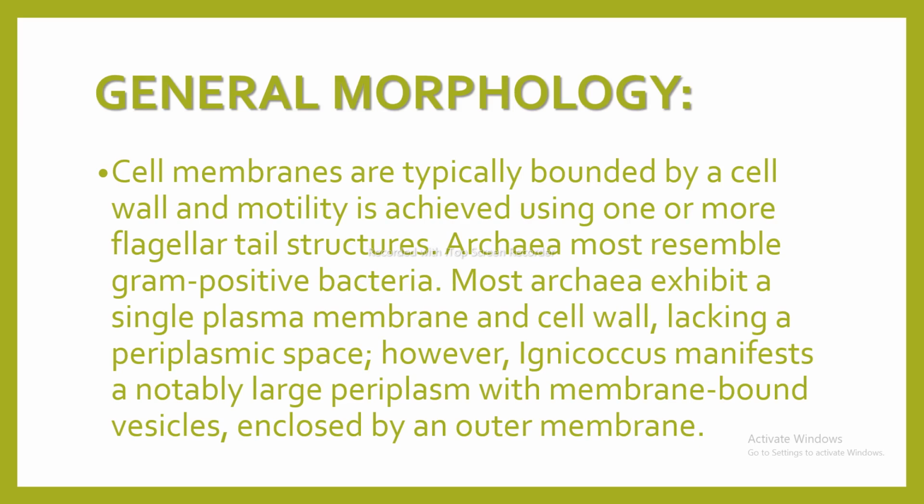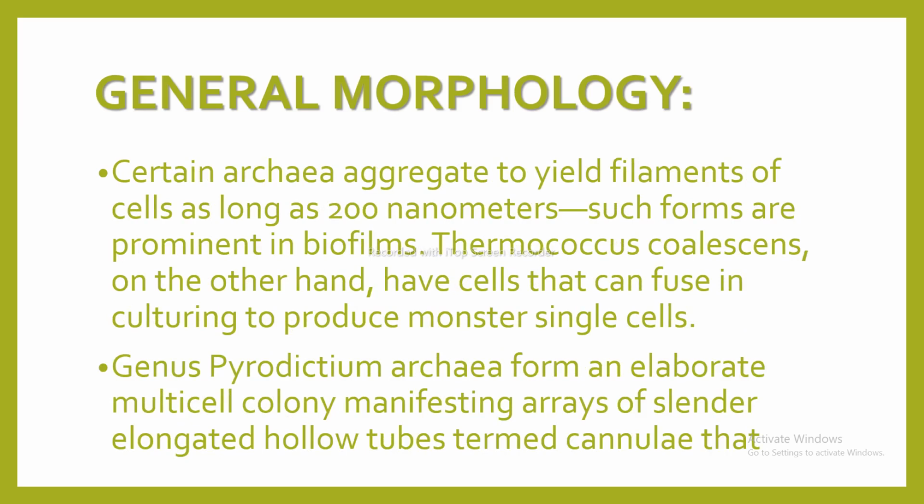However, Ignicoccus manifests a notably large periplasm with membrane-bound vesicles enclosed by an outer membrane. Certain archaea aggregate to yield filaments of cells as long as 200 nanometers. Such forms are prominent in biofilms. Thermococcus coalescens, on the other hand, has cells that can fuse in culturing to produce monster single cells. Genus Pyrodictium archaea form an elaborate multi-cell colony manifesting arrays of slender, elongated hollow tubes termed